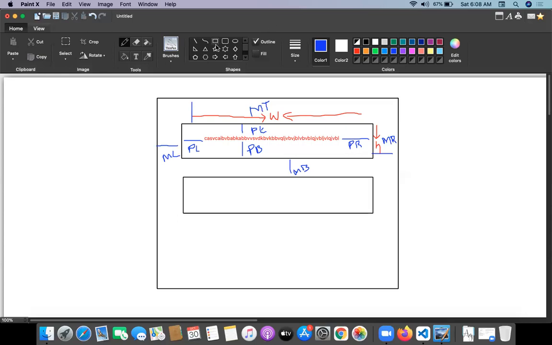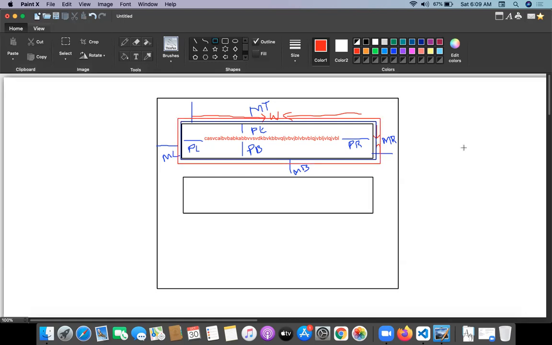Then what about the border? Where is the border allocated? Border is something like this. This is the border. On the element, we have a simple decoration that is called border. Then where is the outline? The outline is on top of the border. On top of the border, we give an extra decoration. That extra decoration is called outline.